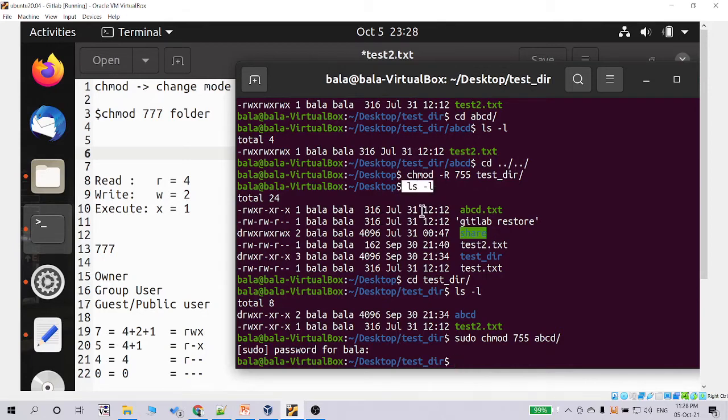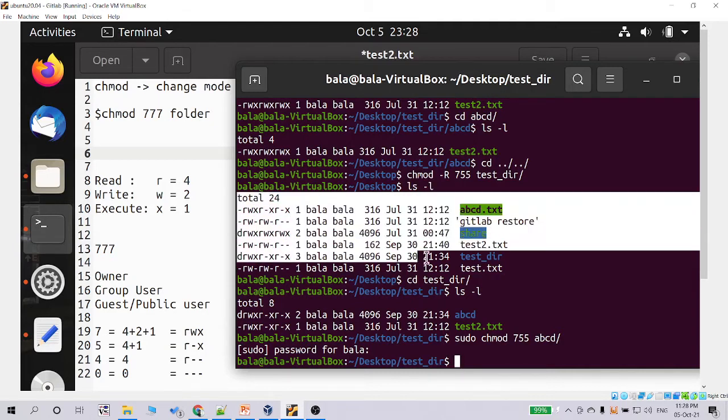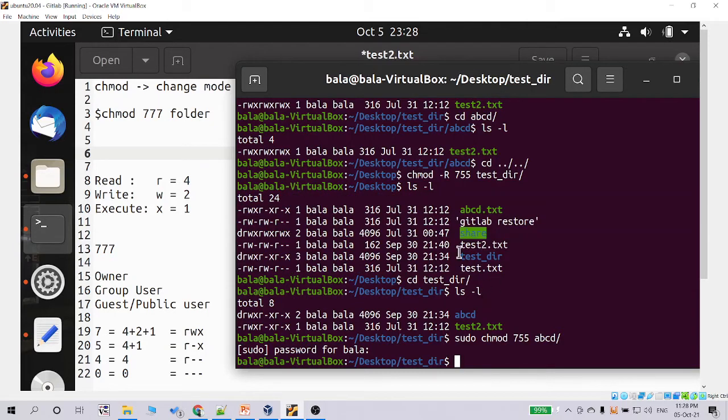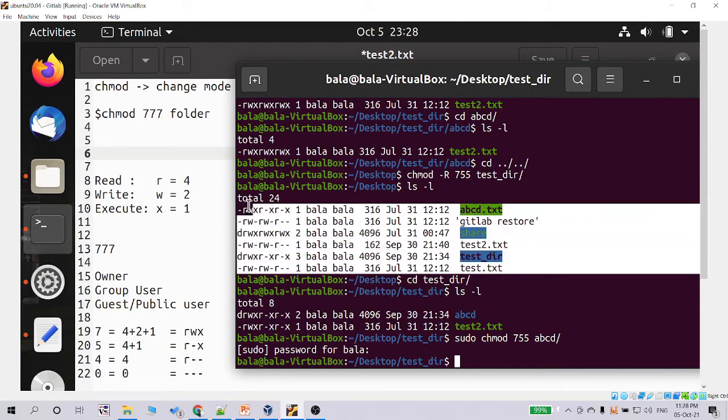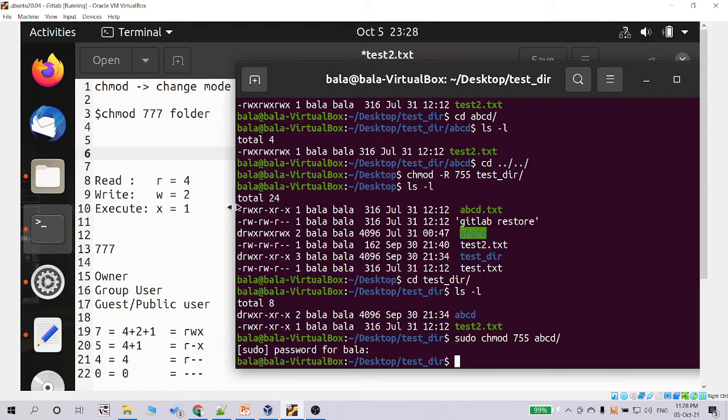In your location, you give ls -l. So you can see the list of files and items which that folder has. In this, the first set is called permission.